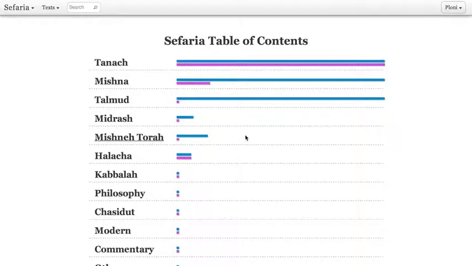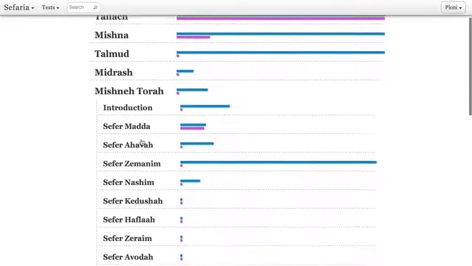In this screencast, I'm going to show you how to add a new text to Sefaria. So right now I'm looking at Sefaria's table of contents. This is where I can browse the text that Sefaria knows about and maybe find a text that is